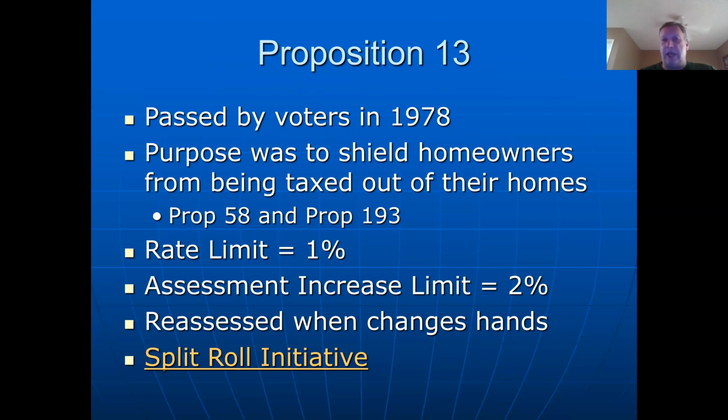Now that may be changing this year. We'll talk about it in a second, but that's probably going to be changing this year depending on what the voters decide to do. But Proposition 13, again, it's a 1% tax rate limit, and it's a 2% increase on how much the assessed value can increase from one year to the next. Now, you may look at a property tax bill, if you have a property tax bill, and say, my tax rate's above 1%. Well, it may very well be,